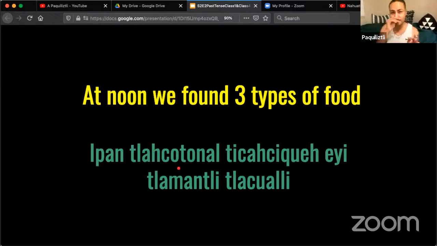Tlaxcotonal. So there's 2 words for day. There's tonati and there's also tonali. So tlaxcotonal means half of the day. So ipan tlaxcotonal, at noon, we found ticasique,